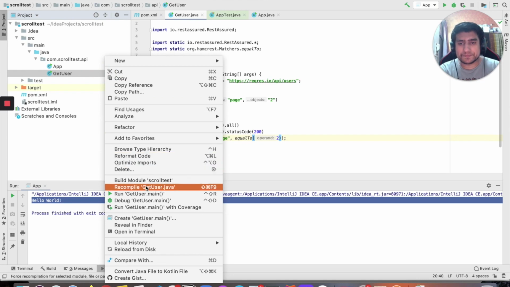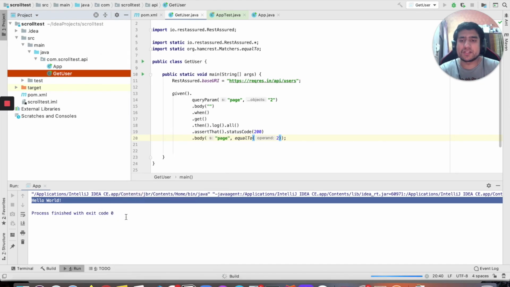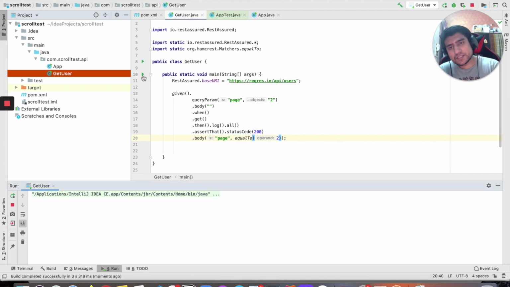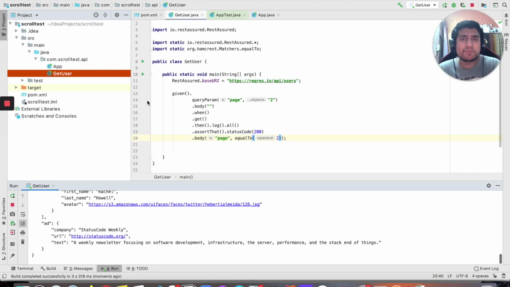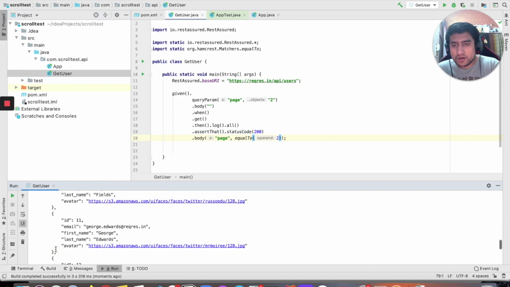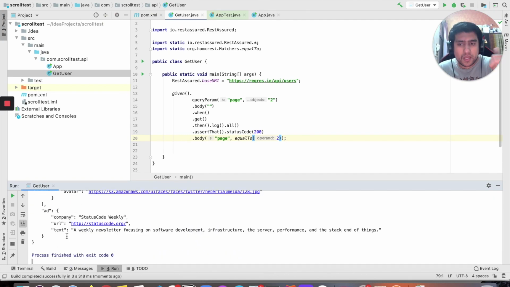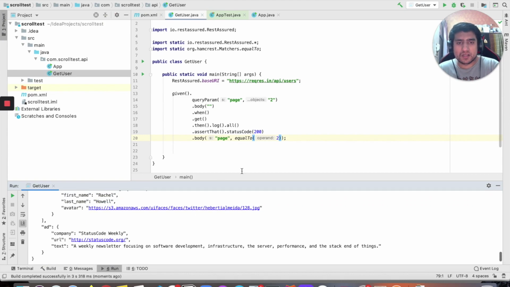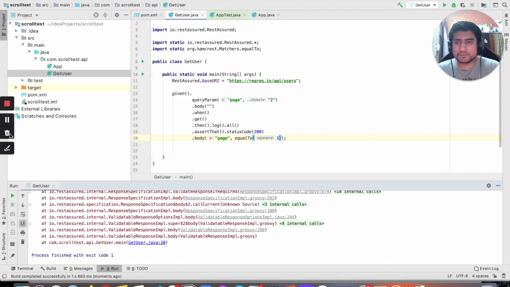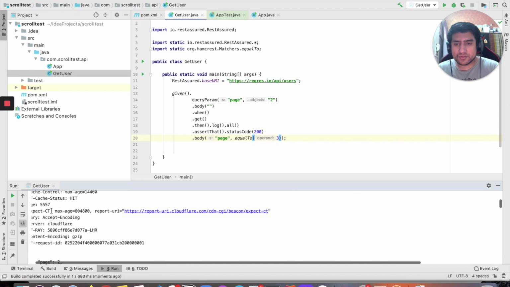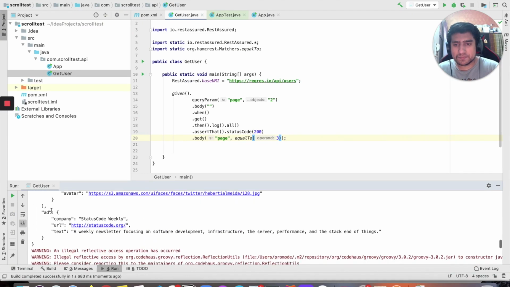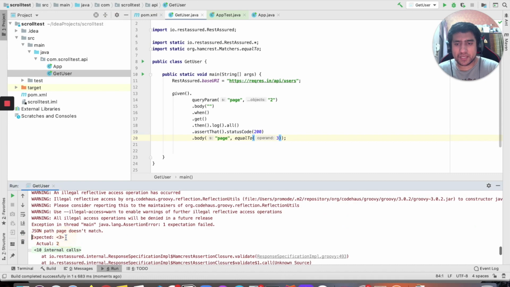So let me run this one. I'm going to run it using this method directly, or you can click this button to run it, or again you can type maven directly to run it. Okay, so now we have this response, right? Everything works fine, nothing is failing, which means the get response is working fine. So let's check if everything is working or not. Let's make it 3. If I make it 3, it tells me there's some error: I'm expecting 3, but the actual result is 2. So Rest Assured is working fine. Let's make it 2 again to pass it.